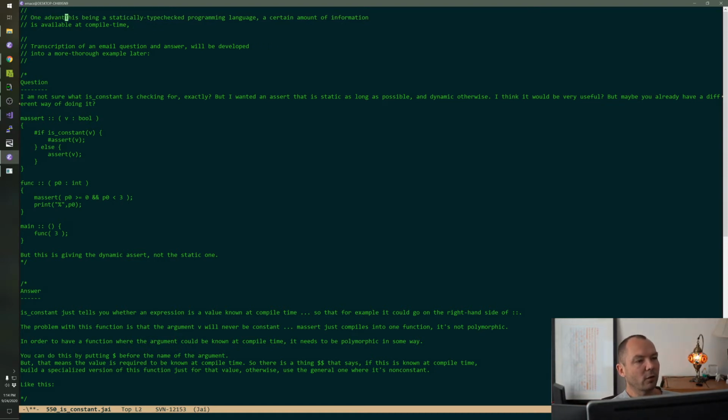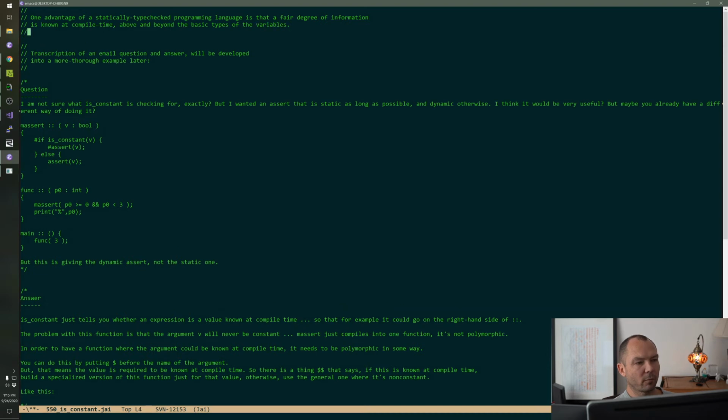One advantage of a statically type-checked programming language is that a fair degree of information is known at compile time above and beyond the basic types of the variables.